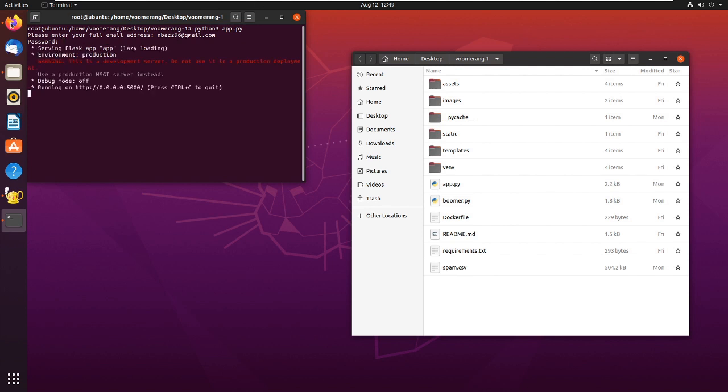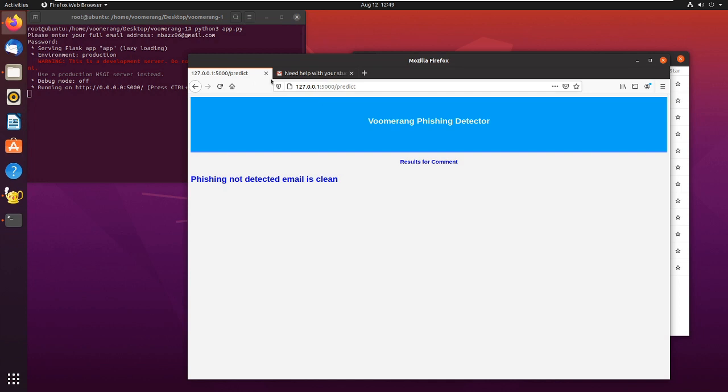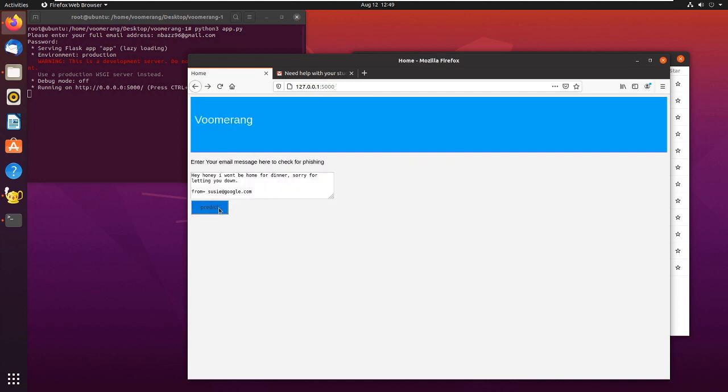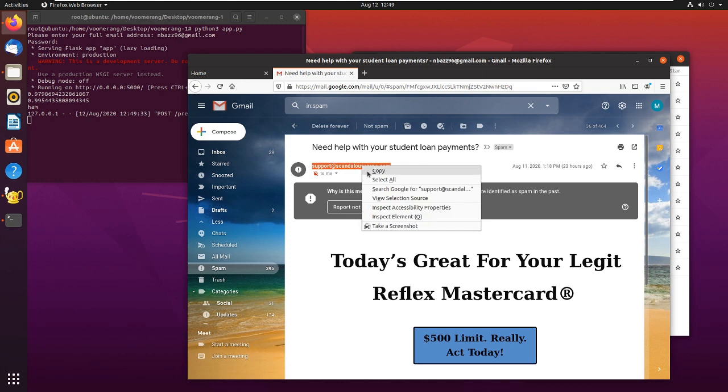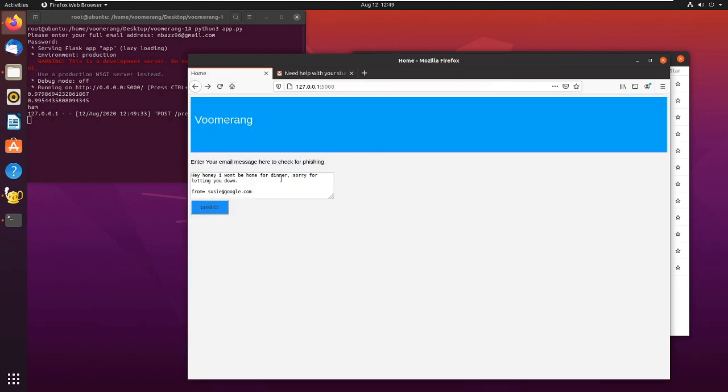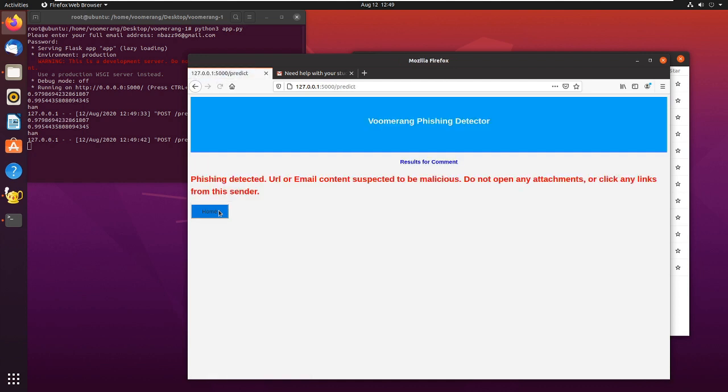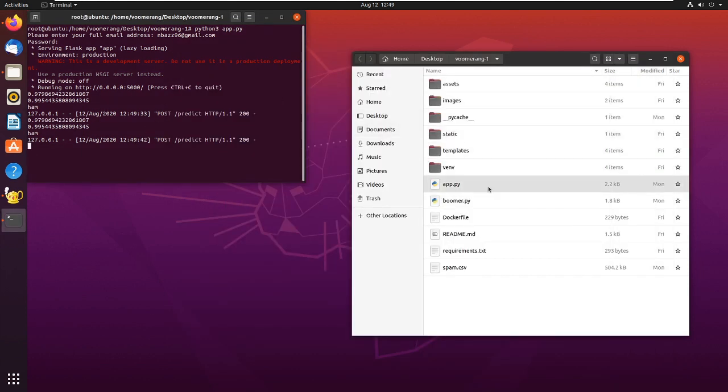It's running locally on 0.0.0.0 port 5000, and I already had a search here for a couple minutes ago, and I'm just gonna predict it's not spam. But if I go to this email here, it is spam, and you'll see in a second. See? So then if we go to the folder,